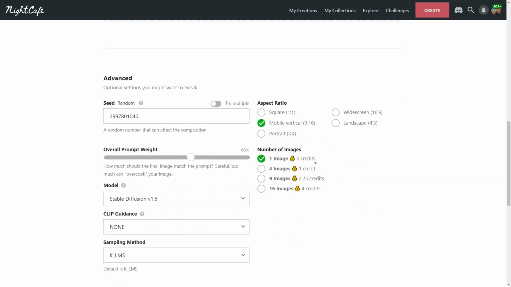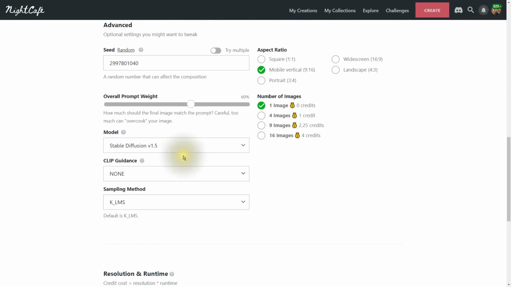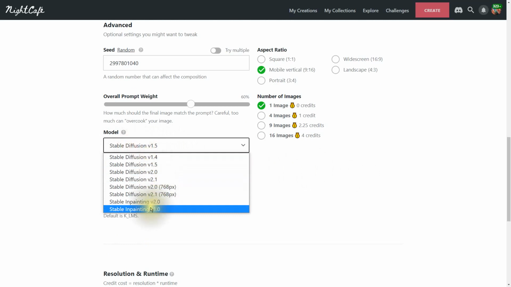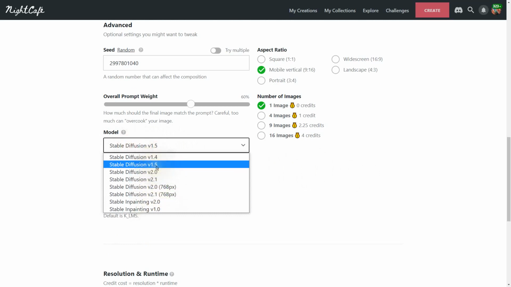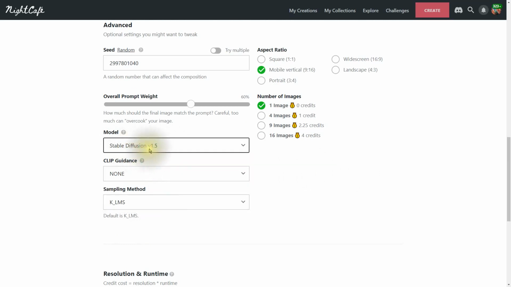How many images do I want? 1 for 0 credits. I'm using the basic version here, and you can do these with 0 credits. Next, we have the model. I'm going to be showing you differences in how this will change the output when I change the stable diffusion model there.